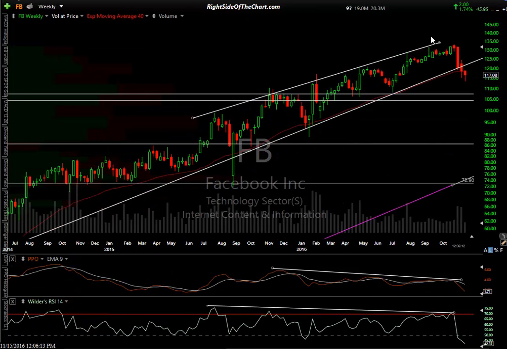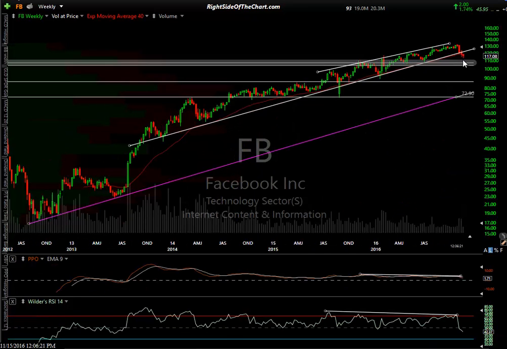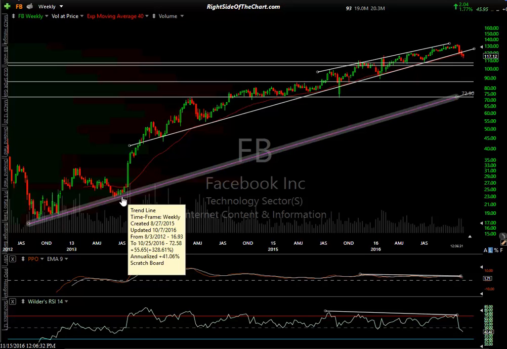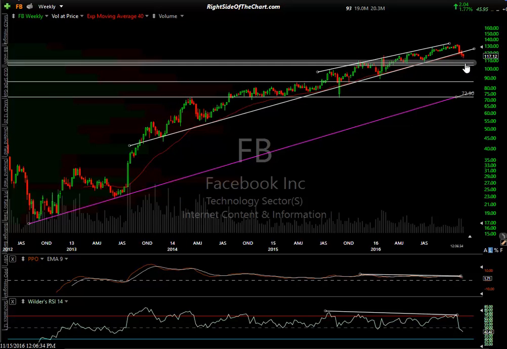If I zoom in, you can see the negative divergence to confirm this high. At this point, the price is making a higher high against the MACD and the RSI making lower highs, negative divergence. These are all targets or potential targets. Horizontal support levels, and I really like this one. This is a trend line that's not very well validated. There's only 3 or 4 reactions back here, but I would suspect that prices come in, and by the time